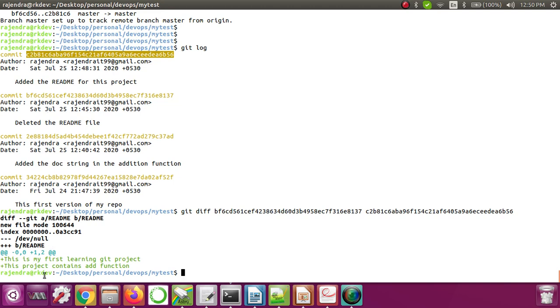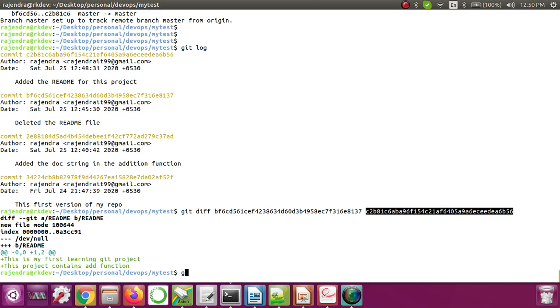The difference is that there was no readme inside this particular commit, and then there was a readme in the latest commit. What is the data inside it? It is showing with the plus plus. So these 2 lines we have added in the readme, and that is the difference between these 2 commits.